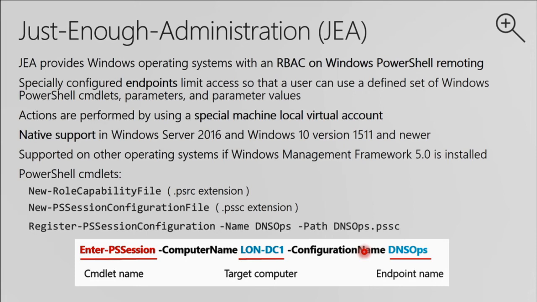So you build a role capability file including just the commands that your admin user, connected to a remote machine using a PowerShell remote console, must be able to run. Just a very limited collection of the available cmdlets. And you create a session configuration file. You register this session configuration file. And after that, you assign a user to this